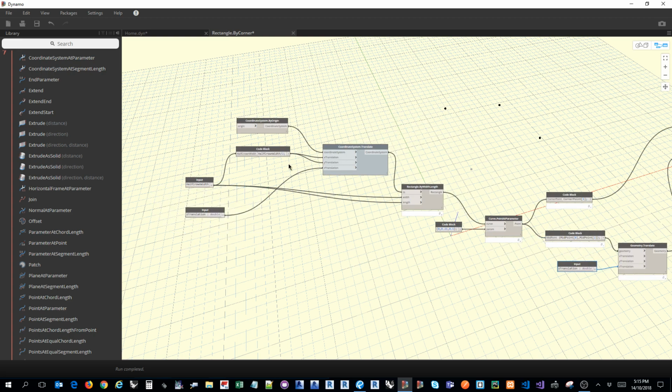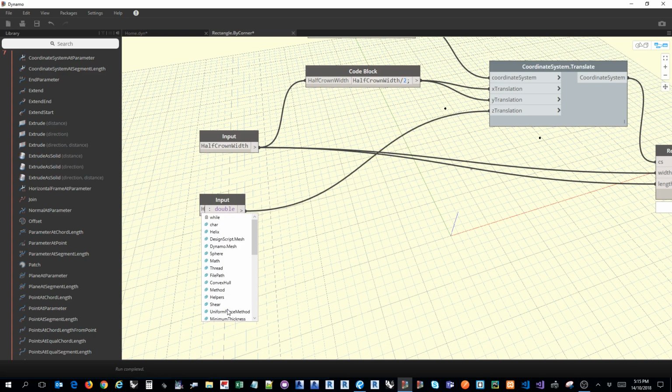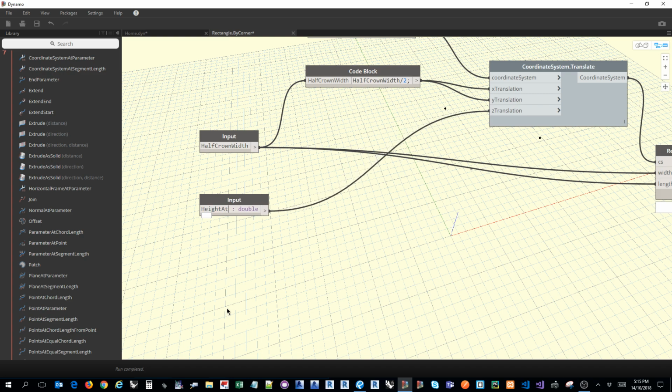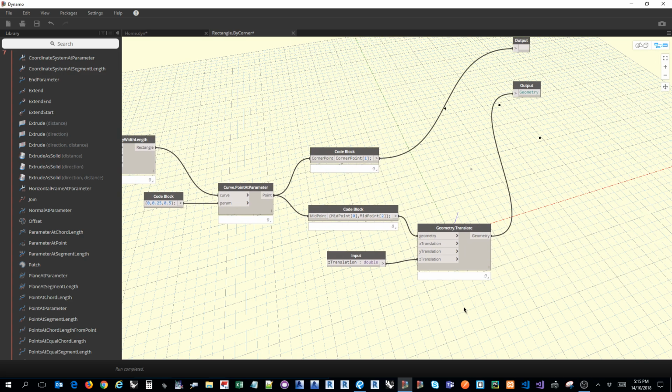So we have this Z translation is the height at corner, because these were 12 meters. Instead, this Z translation is the height at midpoint, mid arc,